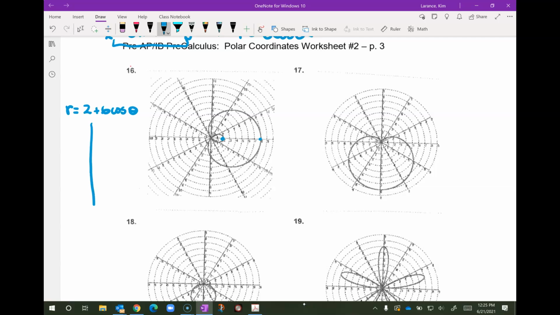So let's do the t-chart. I want you to see, again, this is what you're going to have to do in BC second semester. So theta, r, and this time I'm going to choose a little bit easier points. I'm going to use 0, and I'm just going to go up here to pi halves, pi, 3 pi halves, and 2 pi. And let's see what I can get out of this. The cosine of 0 again is 1, so 2 plus 6 is 8, and there's my first point. The point pointed toward 0, radians or degrees, and out 8. Pi halves, the cosine of pi halves is 0,